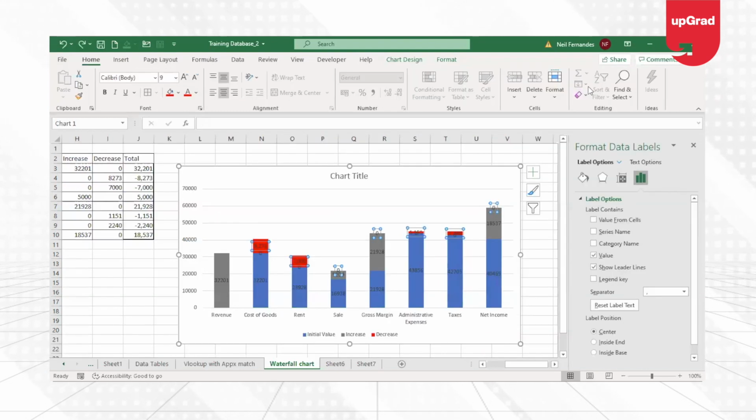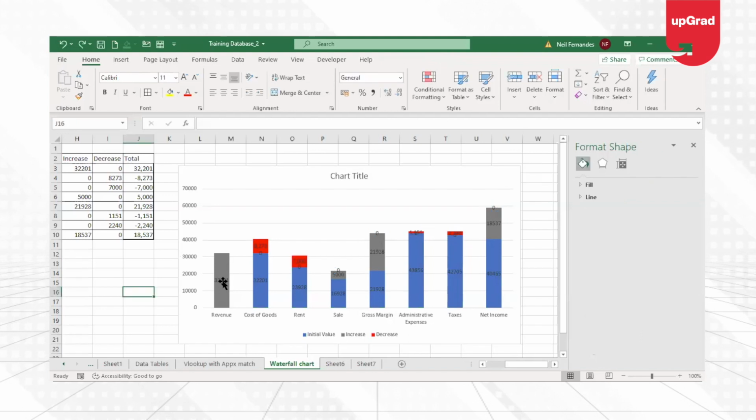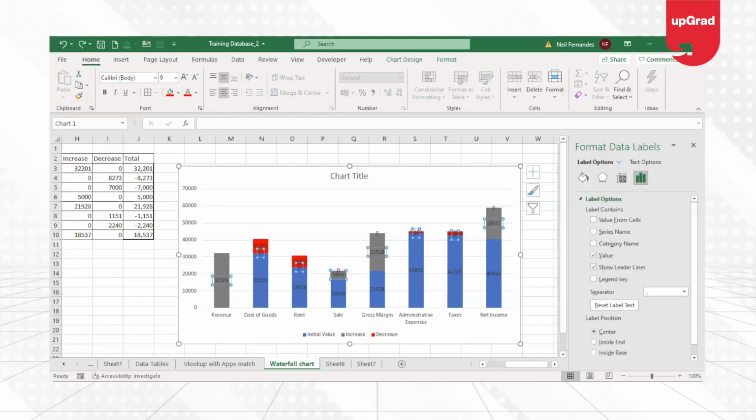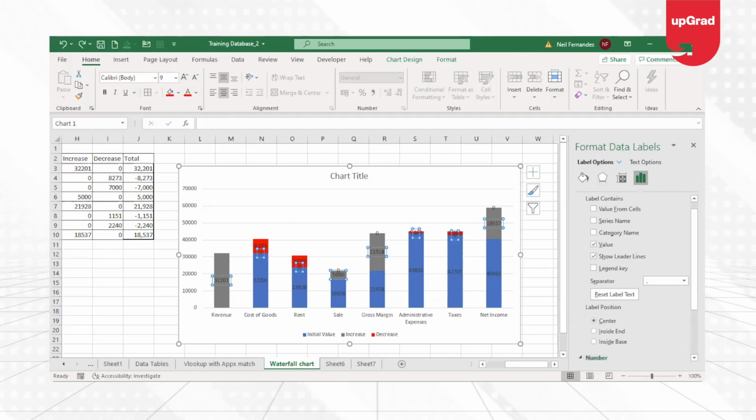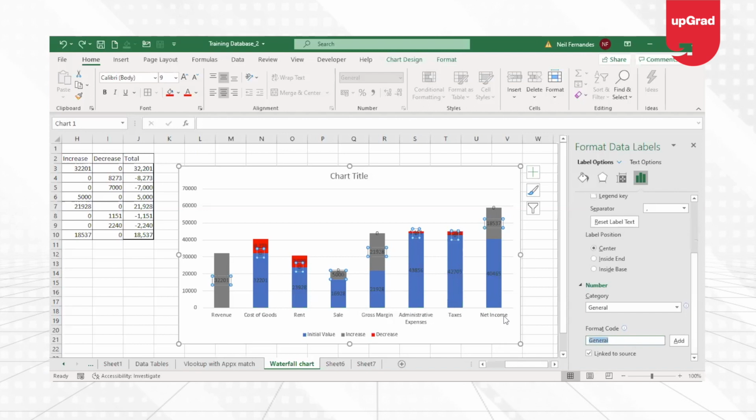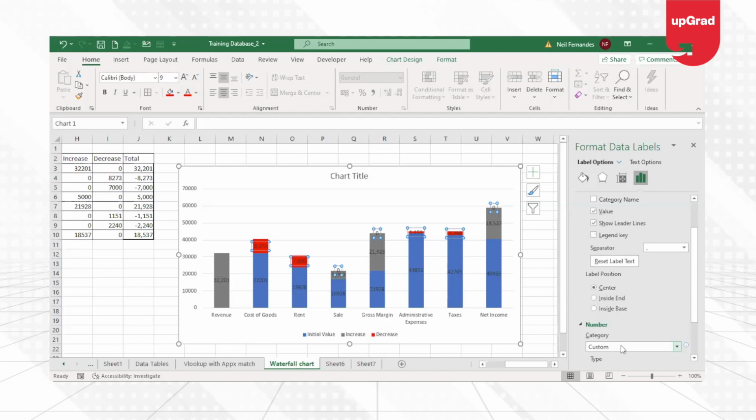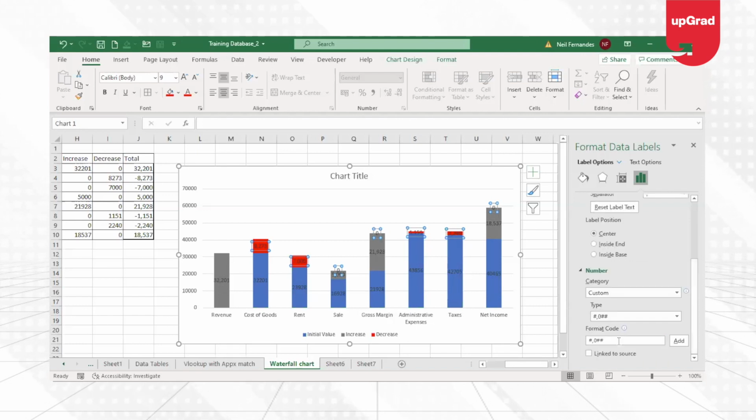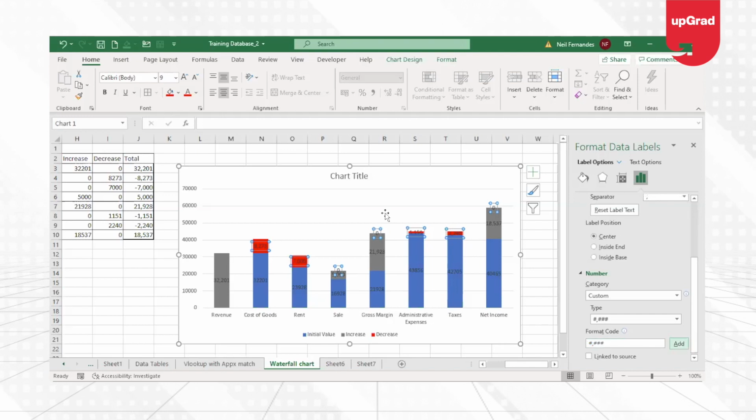Instead, what I can do is change the data labels in such a way that whenever there is a zero, it should not show up. So I'll go on to format data labels, go on to numbers. Under the numbers, in the general, I can just put hash, comma, hash, hash, so it doesn't show me zero at all. I just have to select each one of them and add it so that zero is hidden. So it's not shown at least.